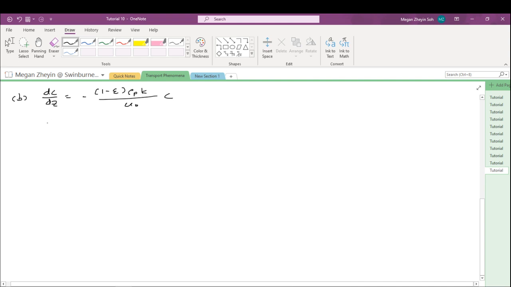So here we will integrate this. We put C over and z over, meaning we have dC over C equals